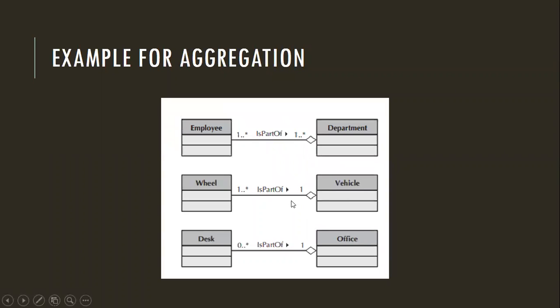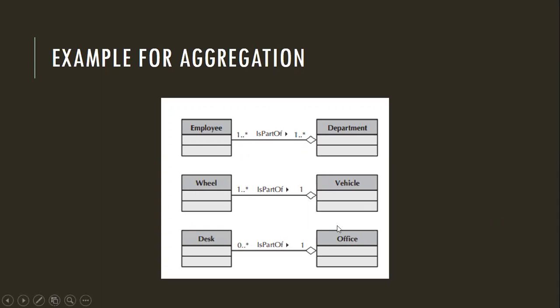Okay, now look at the vehicle class. A vehicle has wheels. Then you remove one wheel and place it on another vehicle, attaching another wheel to this vehicle. Okay, there is a car. You can remove the wheel from that car and you can even attach it to another vehicle, right? You can attach it to some other car. So that can be removed and exchanged, isn't it? So we can call this kind of relationship an aggregation relationship.